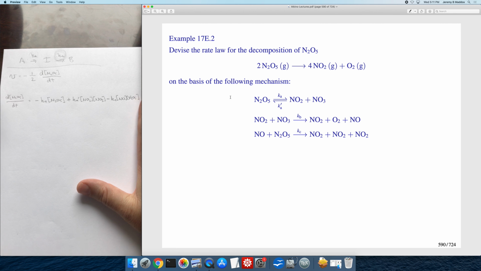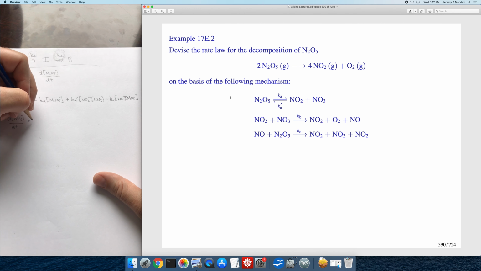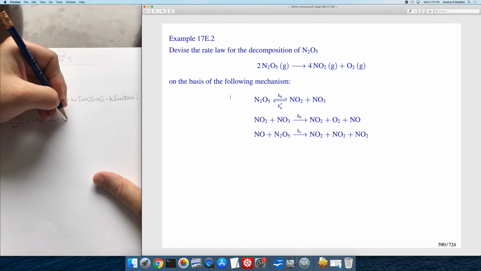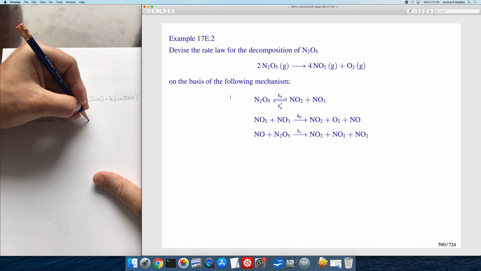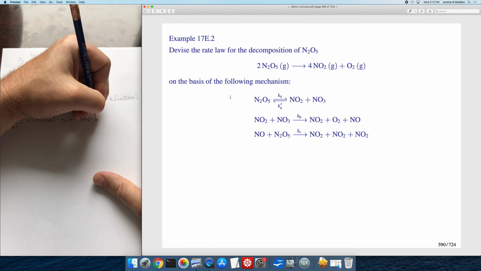So we'll start with our first intermediate here, the NO3, and we want to write out what its time derivative would be. Well, we see that the first reaction and its reverse reaction both produce and consume NO3. So we're going to have a plus Ka times N2O5, and then a minus Ka prime NO2 NO3, and then we find that the NO3 is being consumed also in the second step,